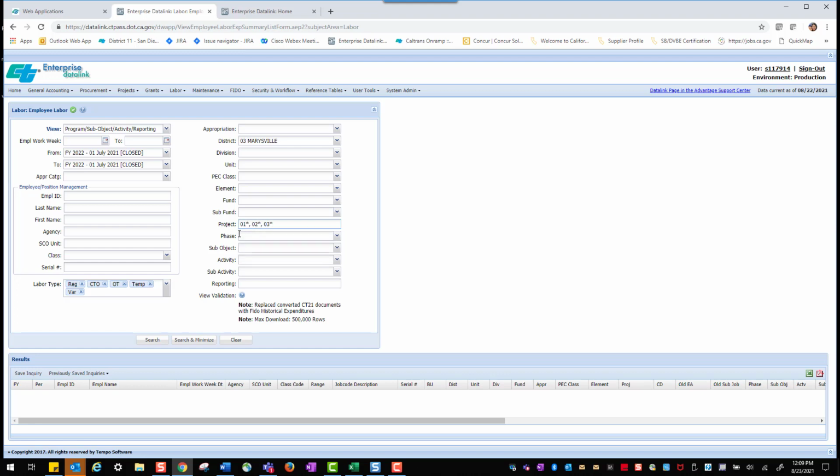Okay, you can do this. So these are units that roll up to District 3, but they're charging District 1 projects, District 2, or District 3 projects. Okay, you can do it that way. So I'm just going to take that out, though. I'm just going to let all of District 3 run